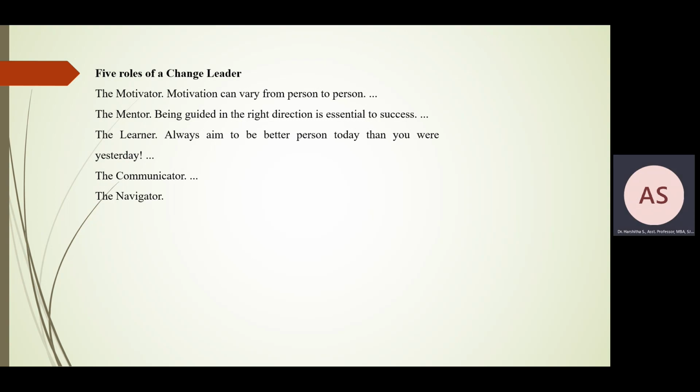To motivate, to mentor, being guided in the right direction is essential to success. The learner should always aim to be a better person today than you were yesterday. Yes, they tell that everywhere, right? The communicator and then